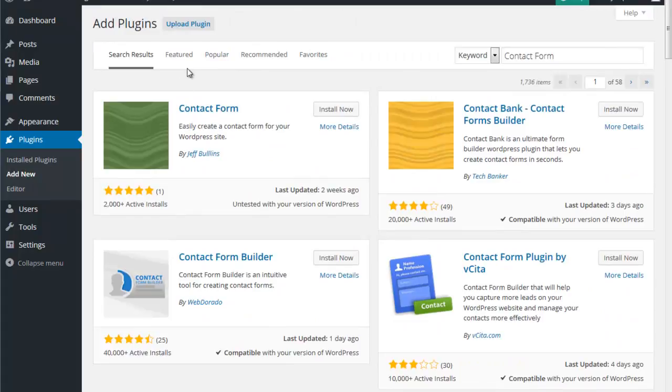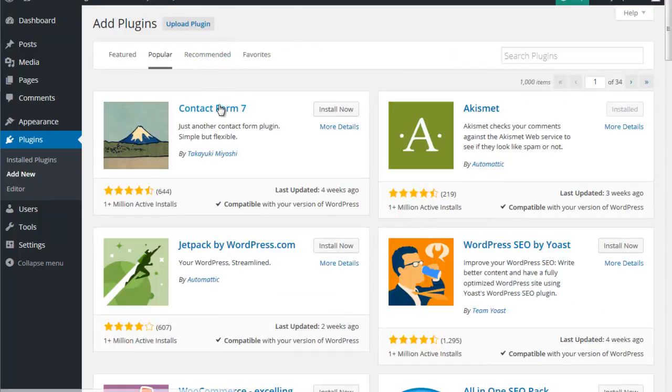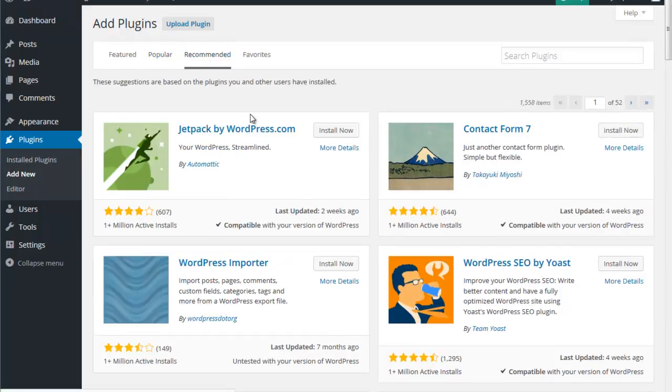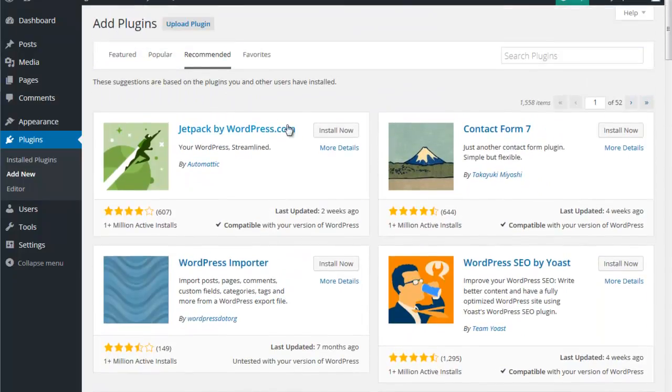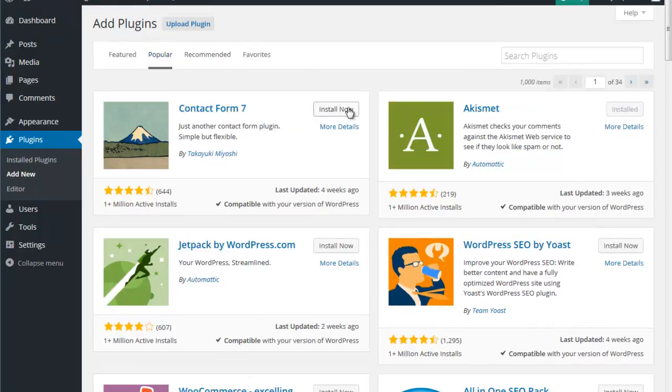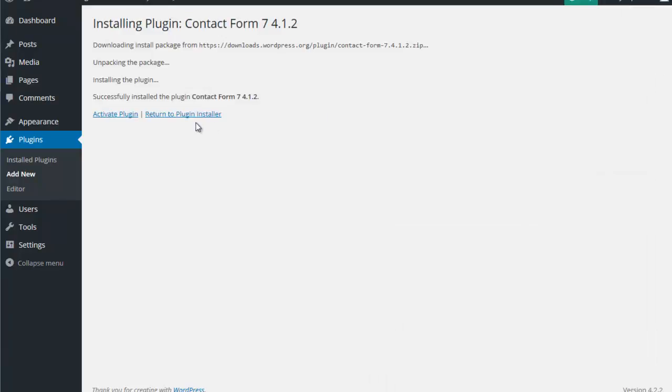So I do a search for contact form, and you can see that I get a bunch of different plugins that I can use that will help me with my contact form. Now, some of these are the most popular. You can go by the featured. Contact Form 7 is one of the most popular. How about the recommended section? Okay, there's a variety of different plugins that are recommended. Let's go back to the popular, and we'll go ahead and install this plugin. Let's activate the plugin,